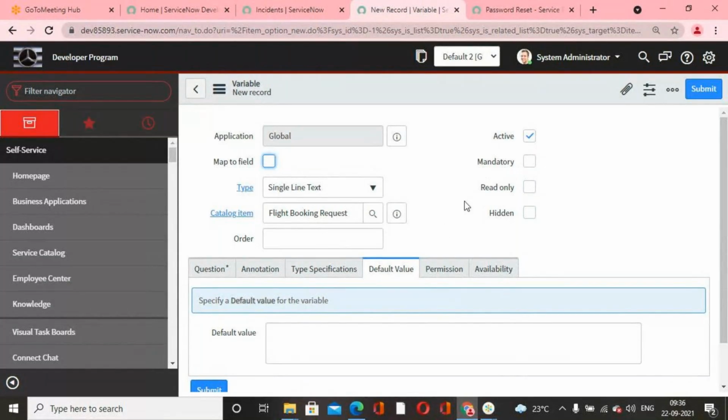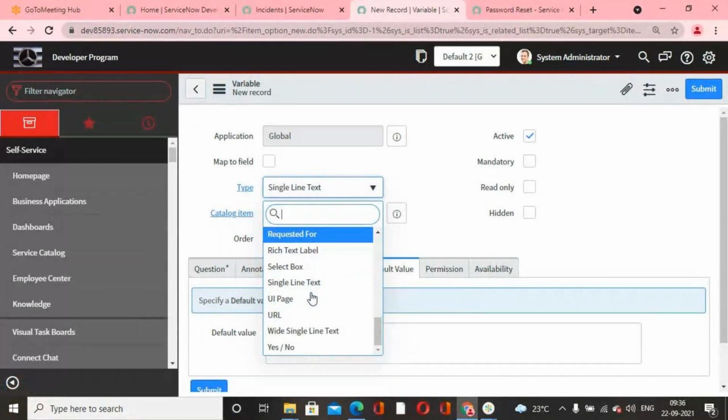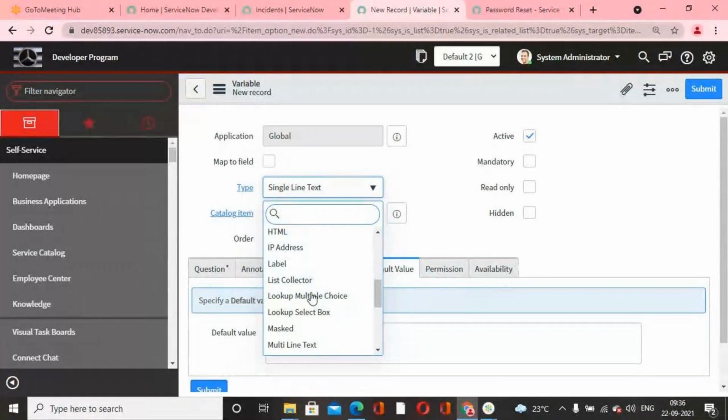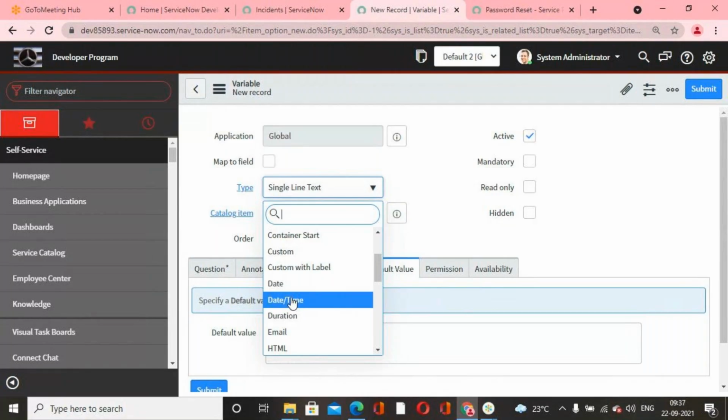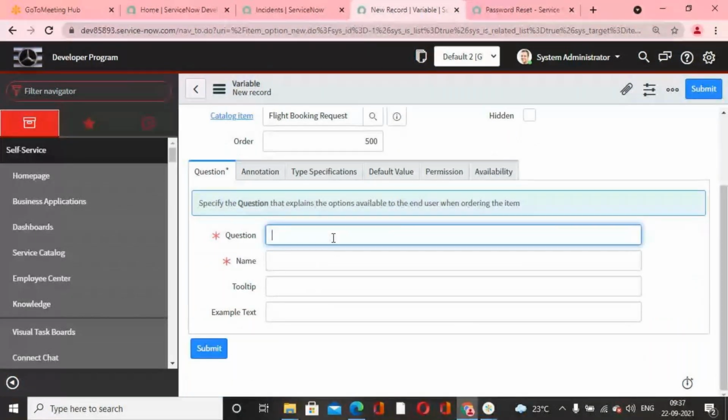Are you observing? I'm going to use all variables. Now we're going to work with one more variable. It's called date and time. When you want to get the date and time value from the customer, we have to use date and time. Next, order number. Based on the order number, the questions are displayed to the customer. And if you want to make it mandatory or read only, you should always enable the checkboxes and go to the question directly. So booking date and time, flight booking,